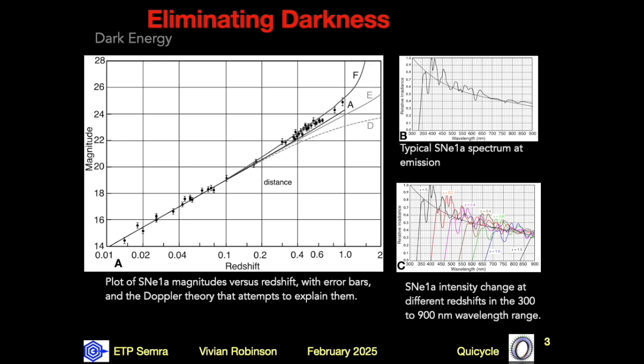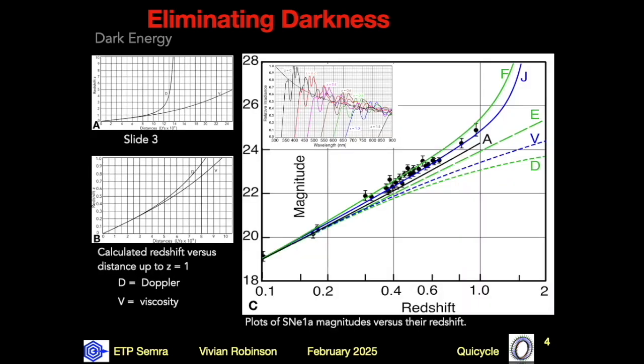The actual measurement process reduces the magnitude below the calculated intensity. Curve F is what is calculated when the light from the Doppler redshifted SNE 1a has been measured for magnitude. Personally, I believe curve F is within the error range of the measured magnitude at different redshifts. Under the expanding universe model, it indicates the universe was either expanding at a constant rate or perhaps slowing down a little bit. But there is nothing in it to indicate the universe's expansion has accelerated. The earlier episode showed the universe was not expanding.